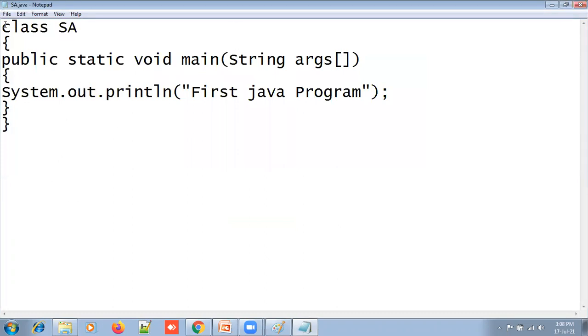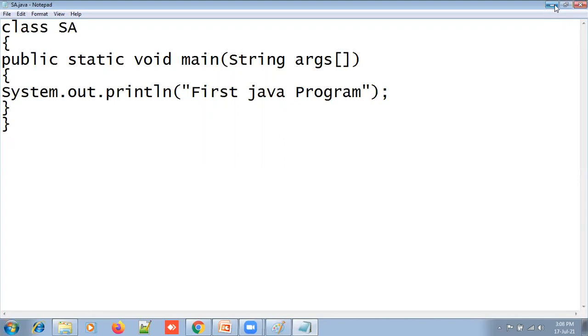First we write the class followed by the class name, the next is the main method, public static void main, and then whatever statements we are going to print, using System.out.println. Now I can write the program and save it.